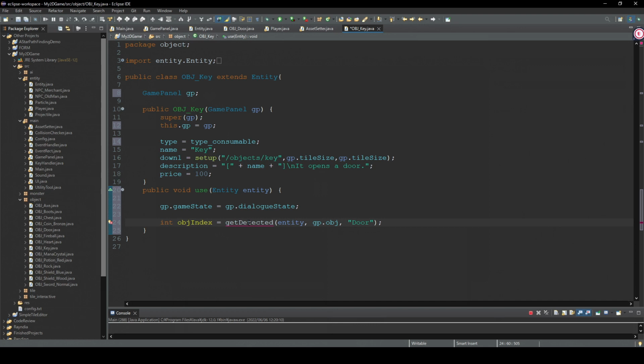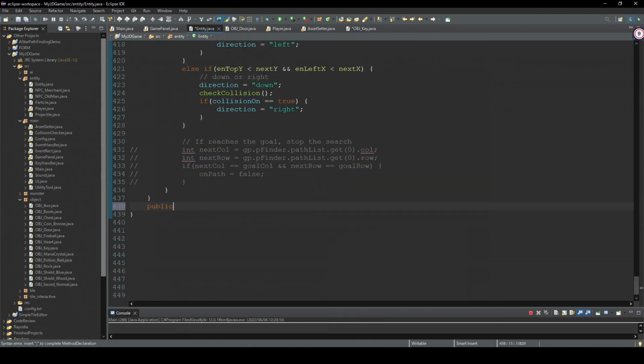And we're gonna create this getDetected method in the entity. This public int getDetected receive entity user, target, two-dimensional array, and string target name. Probably I'm gonna change this to user. I think this is easier to understand. Right, first index equal 999. We check